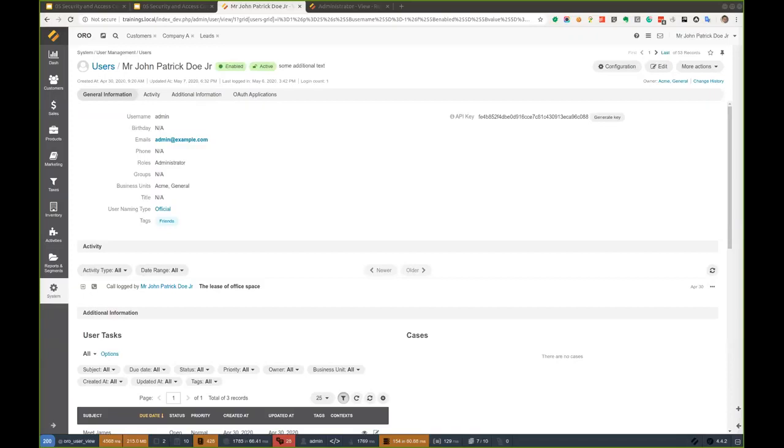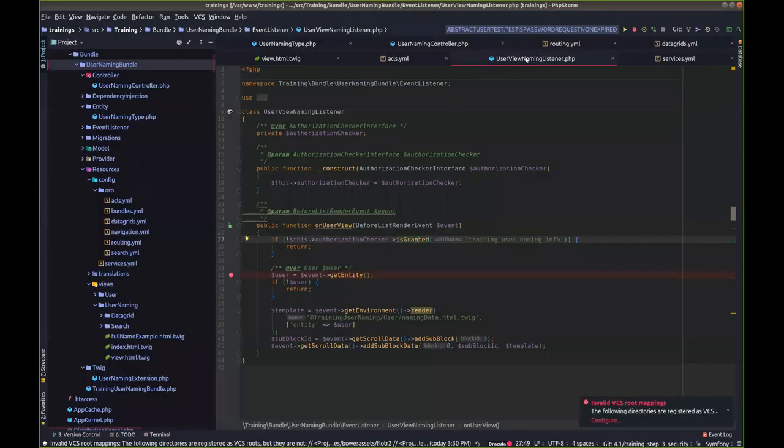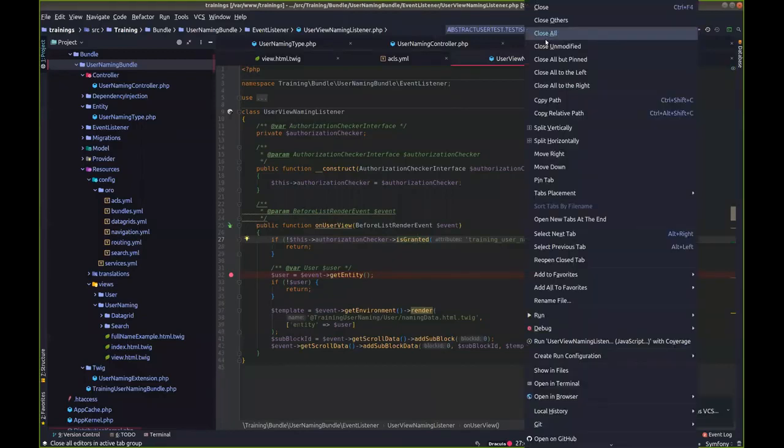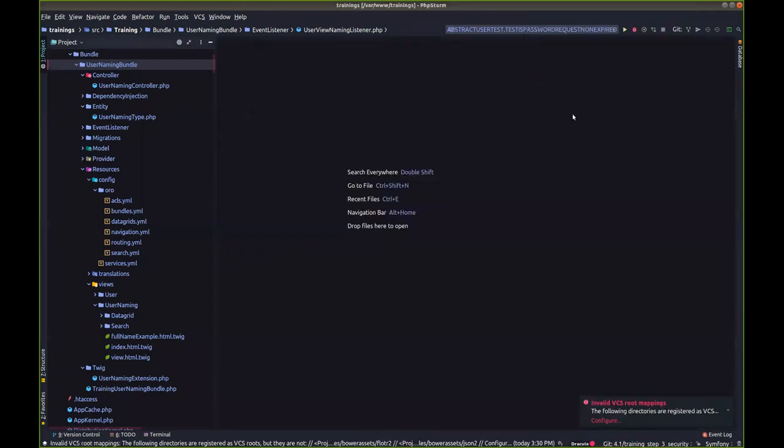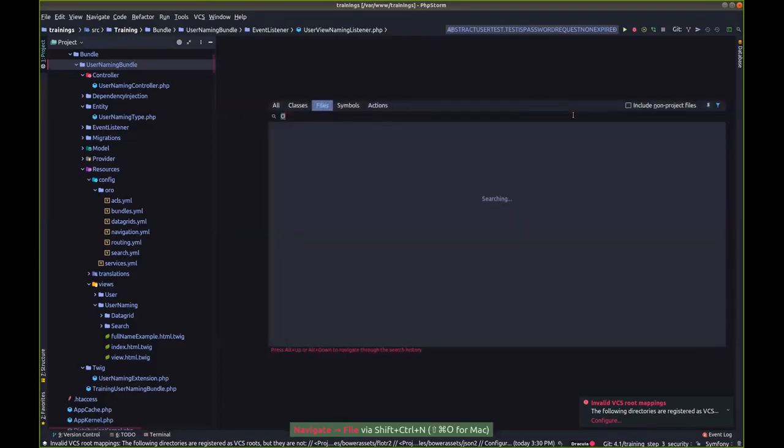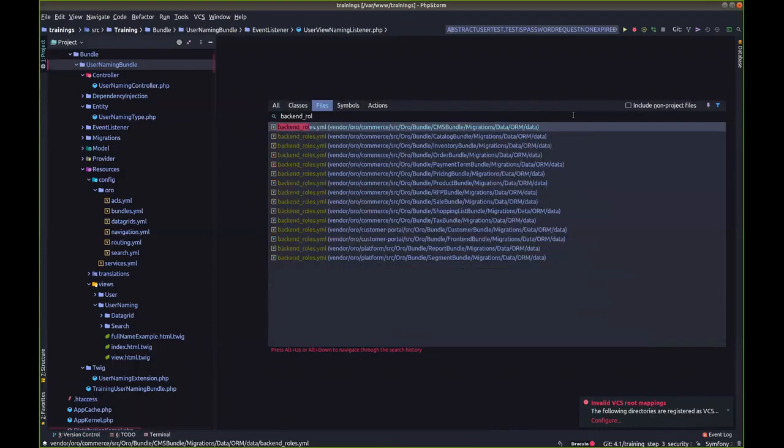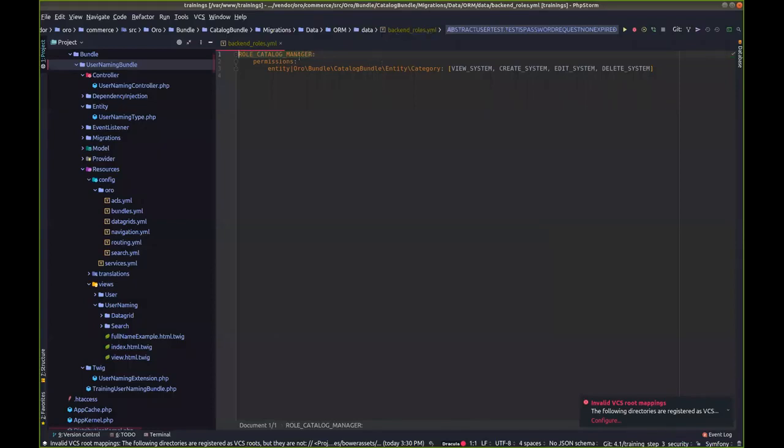Also, one good thing to show you. If, for example, you created a new entity and would like to load the permissions to it, there is a way to do this automatically. There is a file called acl.yml, and this file is going to be executed every time you install the application. If you update and want to run it again, it's a little bit different. But if you create this file and put it in the correct directory, Resources/config/data/acl.yml, here you